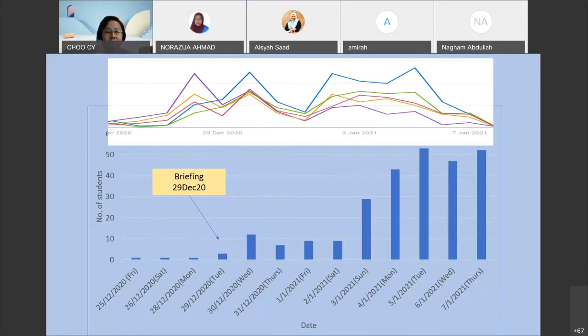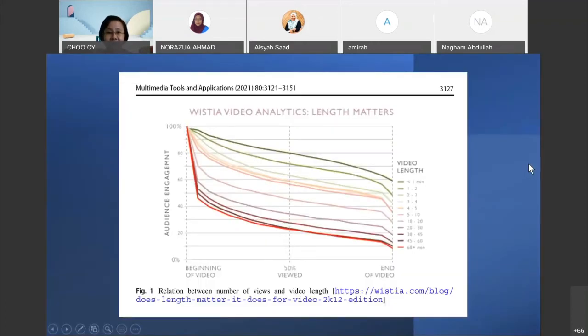But here, you can actually get to know the profile and behavior of your audience. Although they don't tell you, you can monitor them using YouTube Analytics. That's why you can put your video in YouTube so that it can be analyzed. All right, so if you look at publications, you can see the video length and